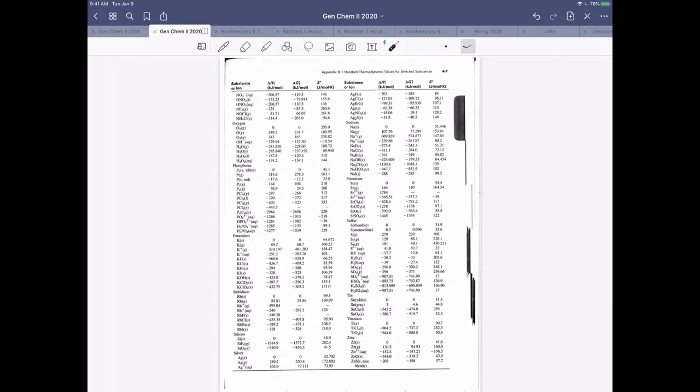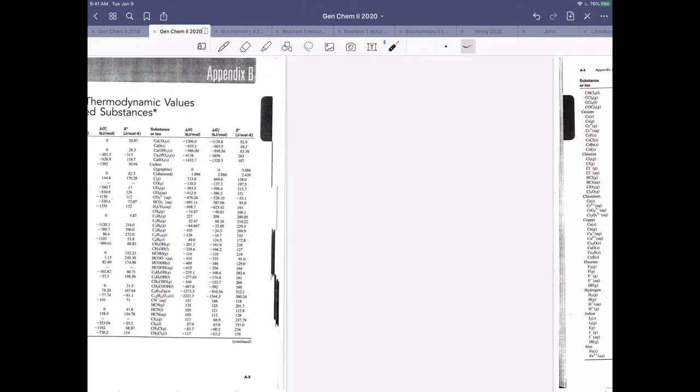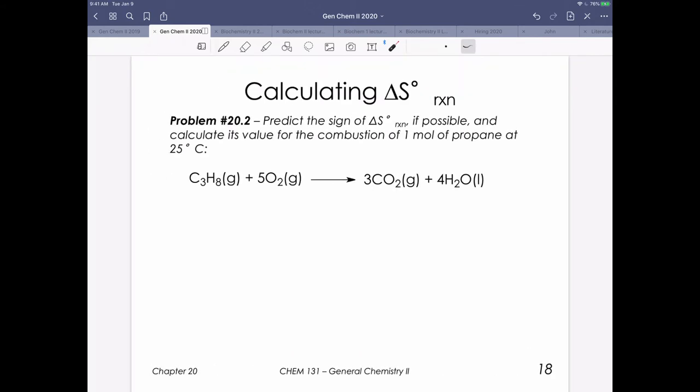We've got the 3 pages that we have for Appendix B. So I want you guys to try doing that for this problem. Hopefully you remember how to do it. Again, just a little heads up, how I liked to solve these problems when we did them in Gen Chem 1 is write the value from Appendix B for each of these species underneath its corresponding species on our chemical equation. Make sure to multiply ones that have coefficients, and then take products, sum up all of these values, and subtract the sum of all your